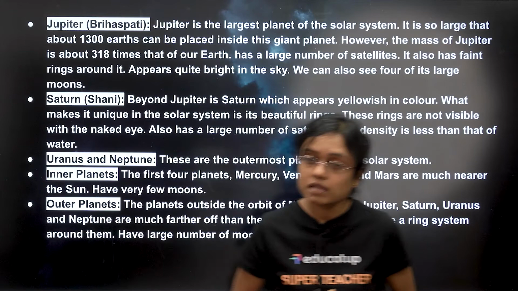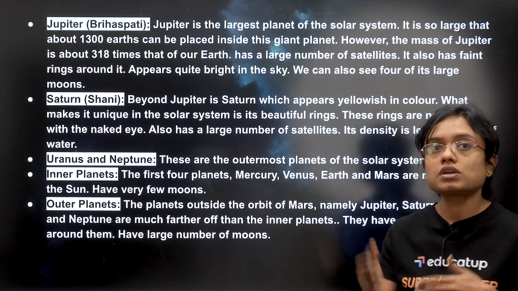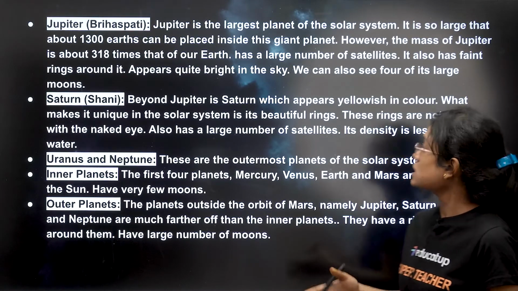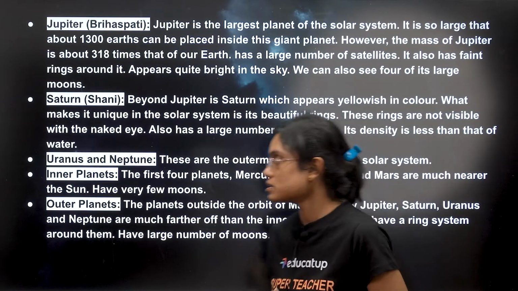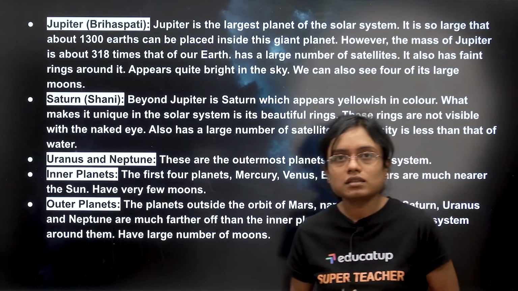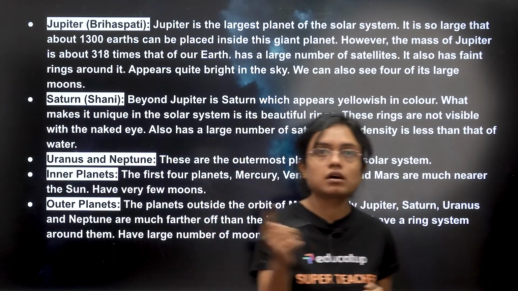It is the largest planet of the solar system. It is so large that about 1300 Earths can be placed inside Jupiter. It has a large number of satellites. It also has rings around it and appears quite bright in the sky. Then you have Saturn or Shani. Beyond Jupiter is Saturn. It appears yellowish in color and what makes it unique in the solar system is